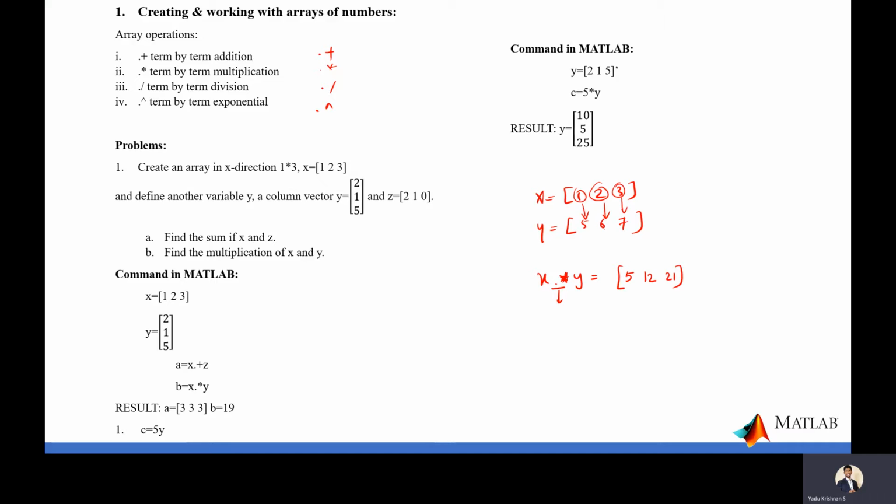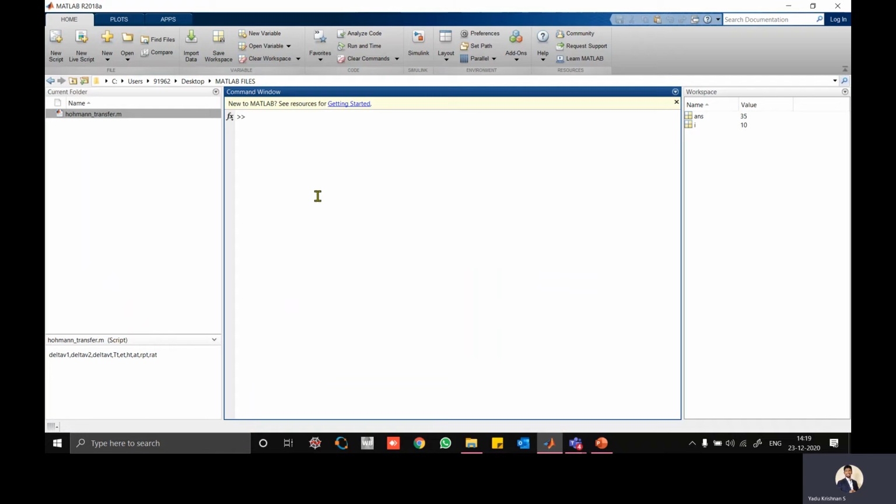Anyway, I'm just going to open MATLAB and show you how this has to be done in MATLAB. Still we are working on the command window. I am declaring an array, x equal to square bracket 1 space 2 space 3. So I declare an array of 1, 2, 3. 3 values are there.